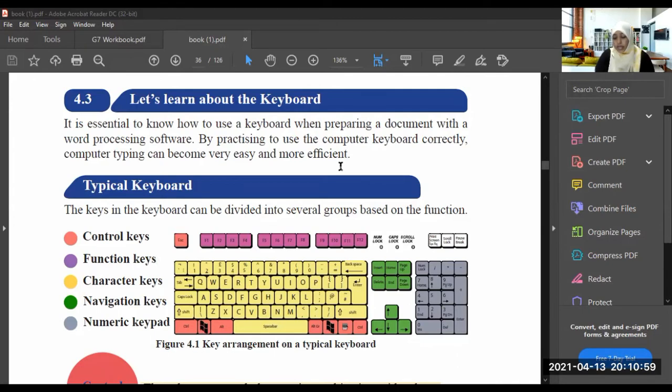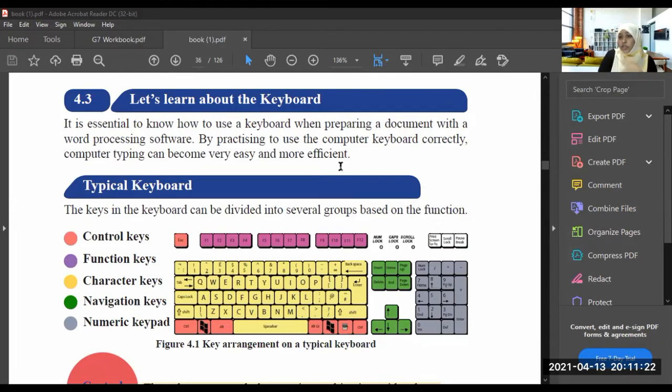Understood? Because there are some people who use only one finger to type the letters or the numbers on the keyboard, right? Sometimes some health issues can come if you use the keyboard wrongly.